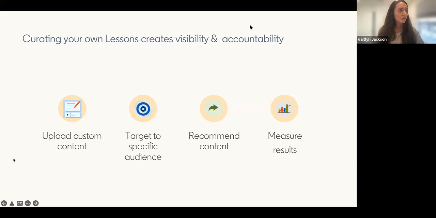So in terms of curating your own lessons and creating visibility and accountability, you do have the ability to upload custom content into LinkedIn Learning. So we do have something called the Curator role. So many of you, when you sign in, are going to be a learner within LinkedIn Learning, but you can ask your admin on campus for the Curator role. It's something that we highly recommend for faculty to take a look at. And it's not an admin permission, it's more just the ability to bring in your own content if you choose to,